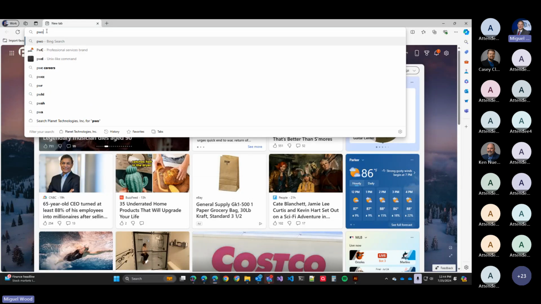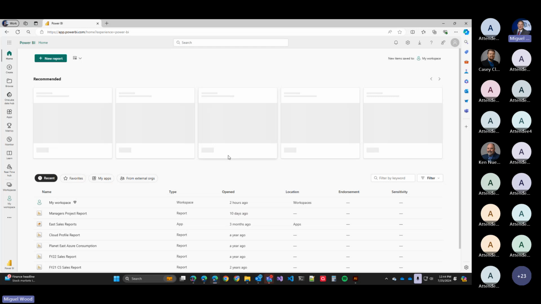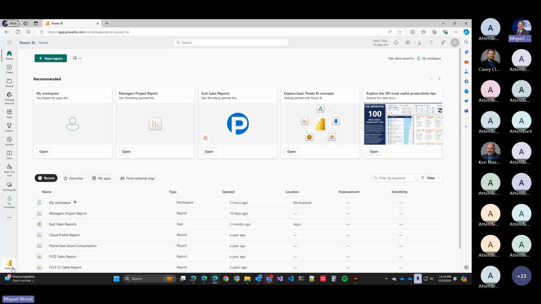I'm going to just simply do powerbi.com. And this is me going to go get my apps. Notice the Fabric right here. There's that Fabric icon. It's not Power BI, it's Fabric. But if you'll look down here in the lower left-hand corner, I am in Power BI. So I have all of the things up here, but what I also have up here is my workspaces, the workspaces within that. I see all my reports I have access to, etc. Now you'll notice right now, I'm under a Fabric trial with 10 days left.